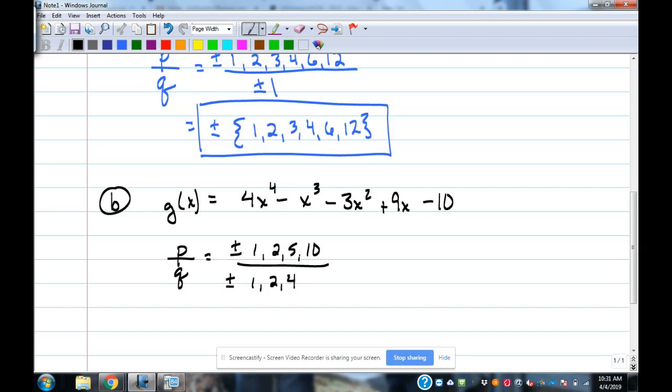So there's 3 things in the denominator this time, right? So that means every one of these on the top divided by 1 are going to be part of our list. So our list is going to have 1 divided by 1, 2 divided by 1, 5 divided by 1, and